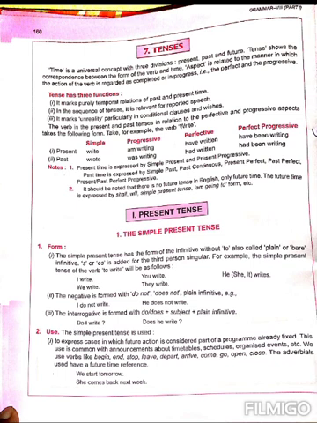The third use is to refer to an action that is repeated at intervals. The repetition is usually shown by an adverbial like every day, weekly, always. I get up at 6 every day. So this sentence is an example of habitual action, that someone used to get up at 6 o'clock every day. We also go to a hill station in summer. So these are the uses of simple present tense, students.